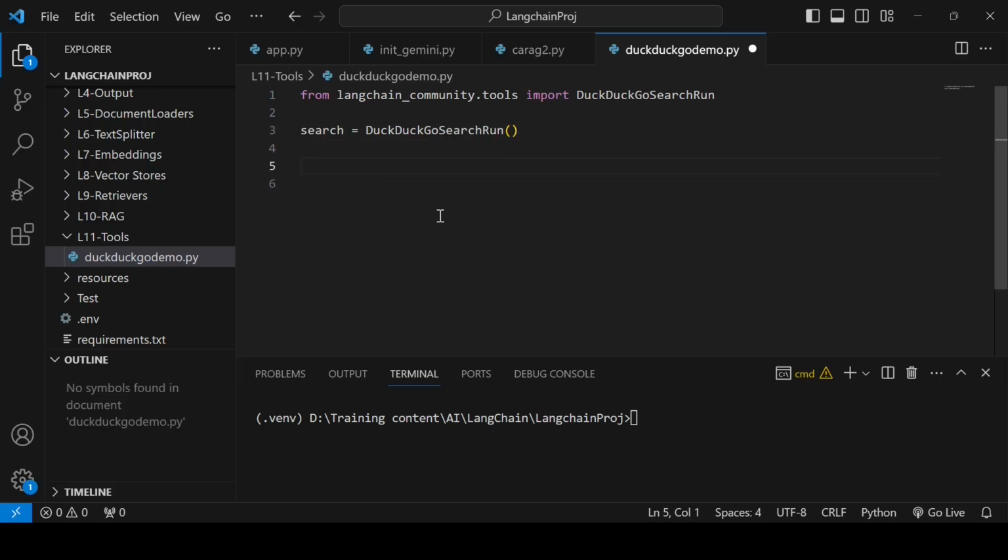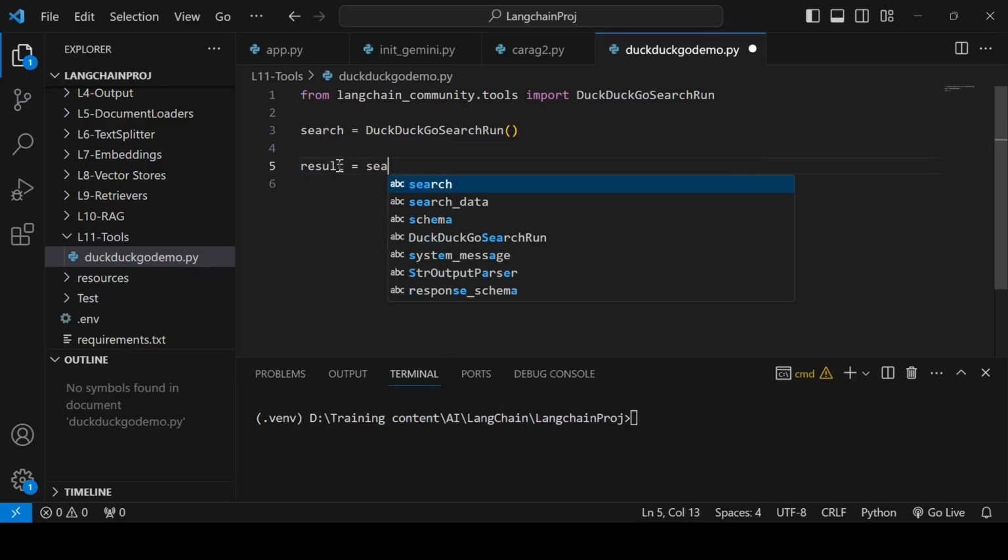When you create an instance of any tool, by default every tool in LangChain is a runnable object. That means you can use the invoke method and pass the parameters as a dictionary, or if you have a single parameter, you can just pass it directly.